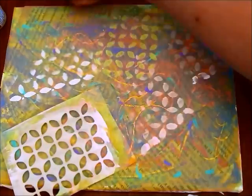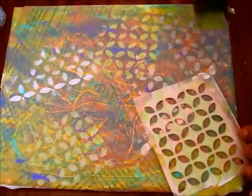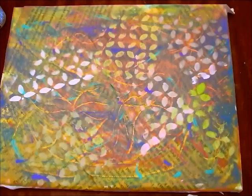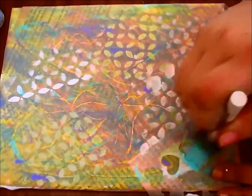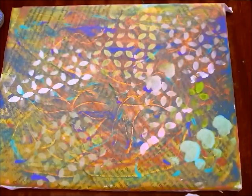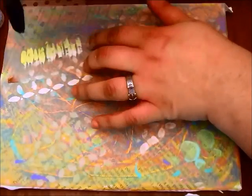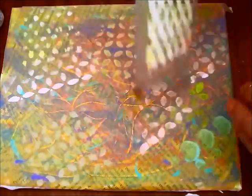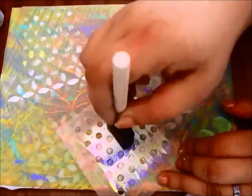And yep, that's what I'm doing here. Just adding more and more stencils, layering them on top of each other. And I got a couple of hearts. That one didn't come out very pretty. It kind of smudged on me, but that's okay. And some polka dots, using purple and pink